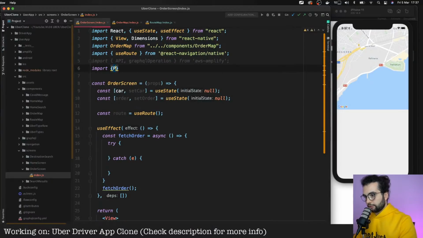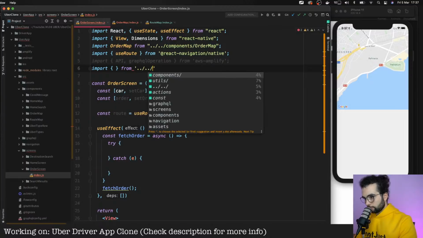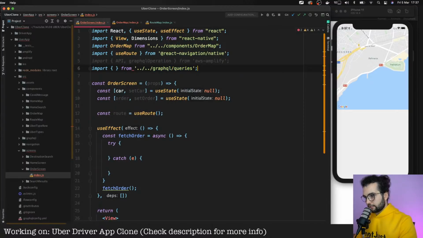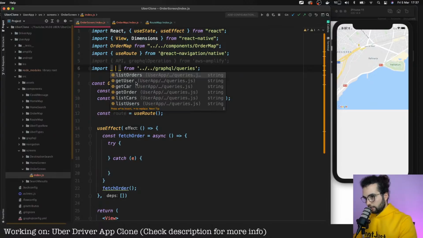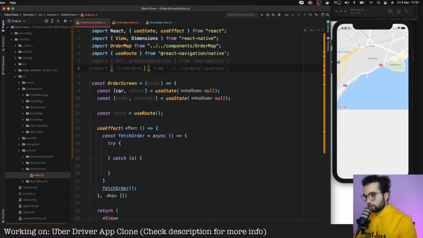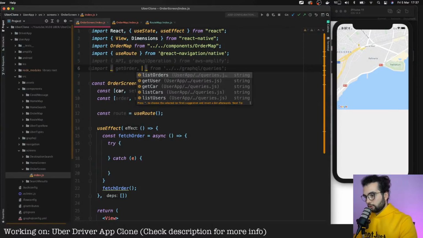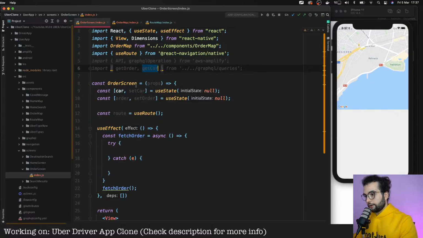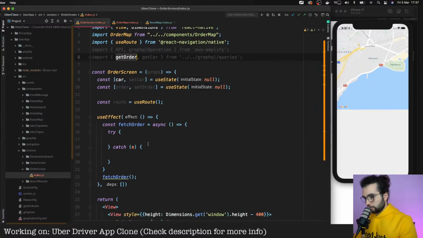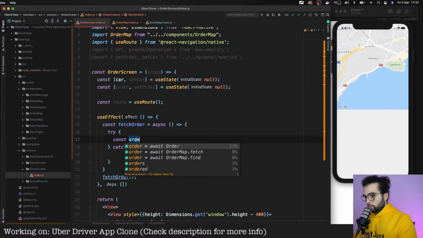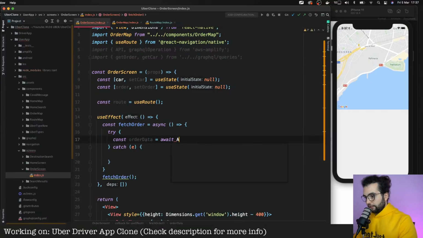And we're going to import the query to get the order from graphql queries. Okay, here we need listOrders and also getOrder and also the getCar. orderData is equal to await API.graphql.